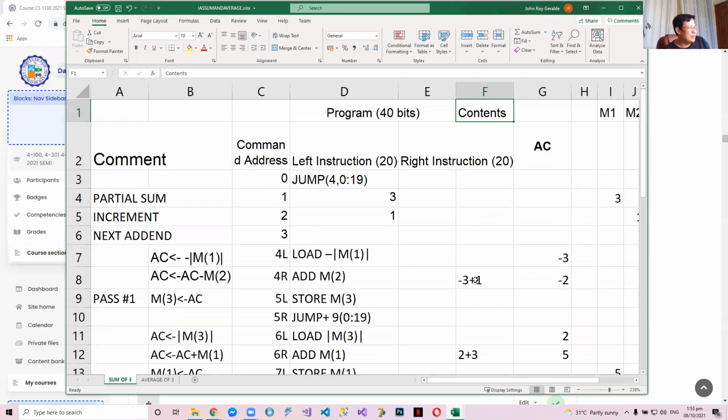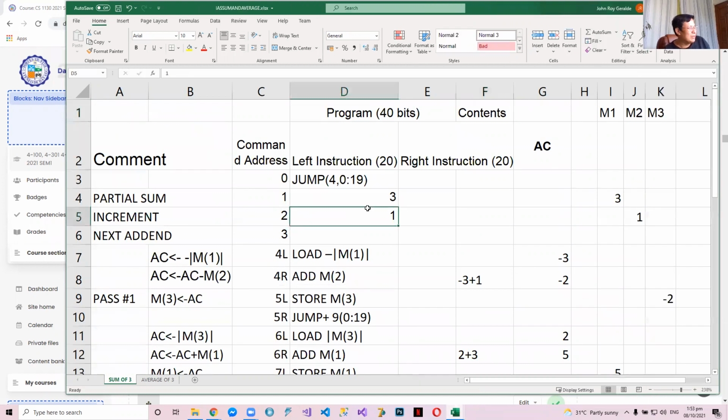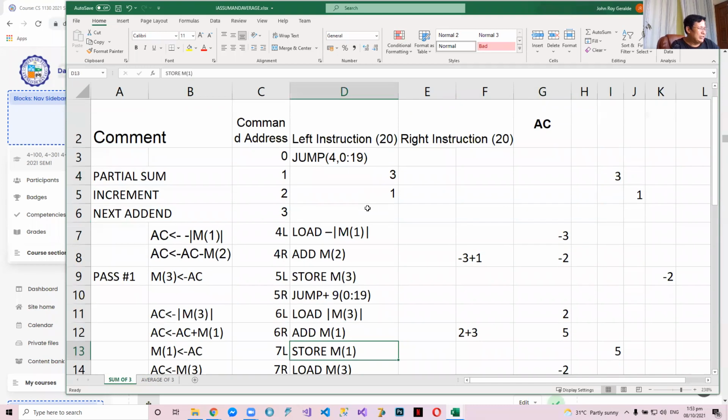So this is the sum of the first three numbers for the IAS. This is the same program which I've shown you in the factorial. Do you follow? The factorial example which I've shown you. The main difference, however, is that instead of computing the partial product, we will compute the partial sum. So having to compute sum, we will have to change our multiplication into addition. Do you follow?